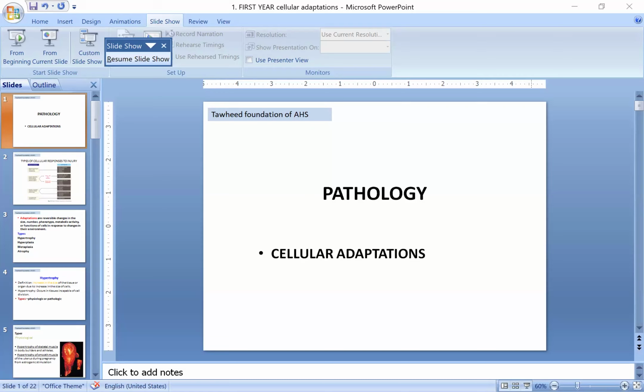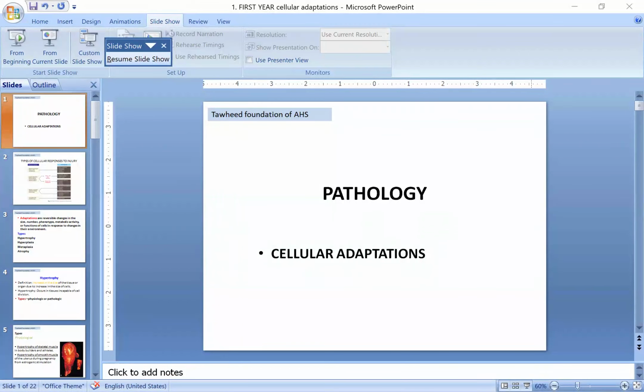So there are different types of cellular responses to certain injuries or certain stimuli. Same like that of a touch me not plant. Whenever we touch that touch me not plant, the leaves will immediately shut down or close, right? Similar to that, every cell of our human body will respond to the stimuli which we give or the type of injury.